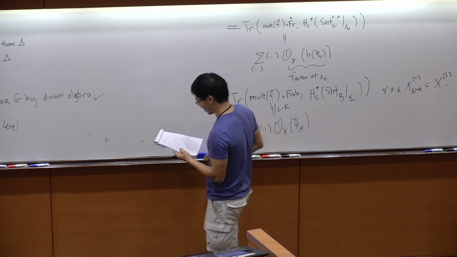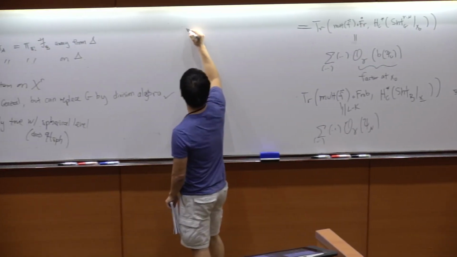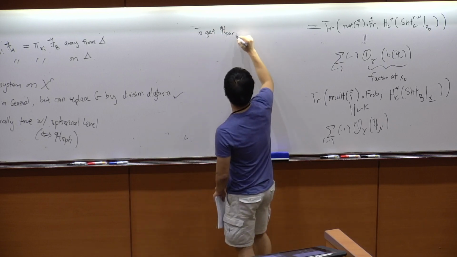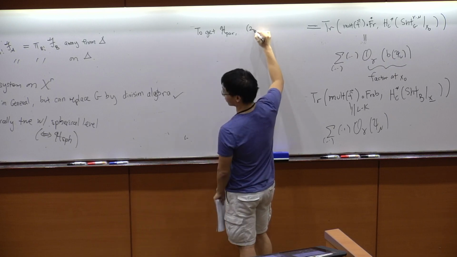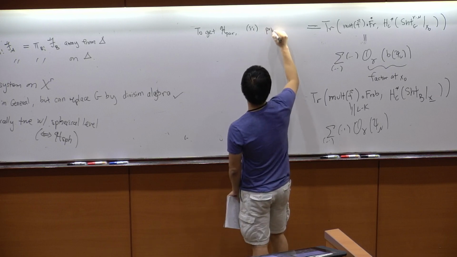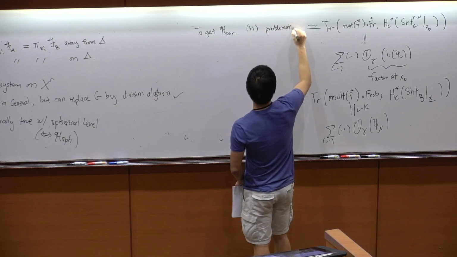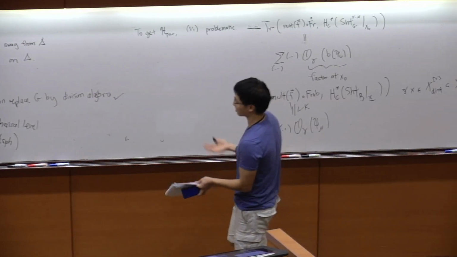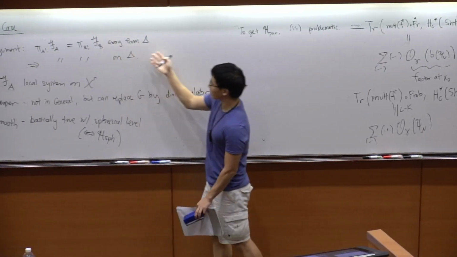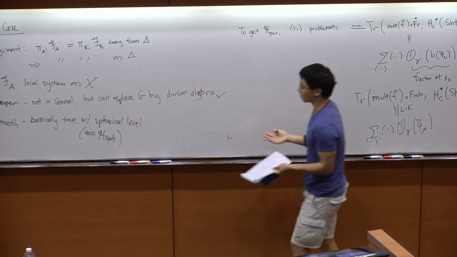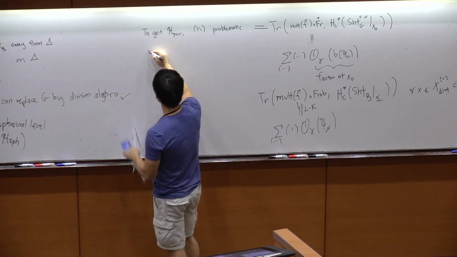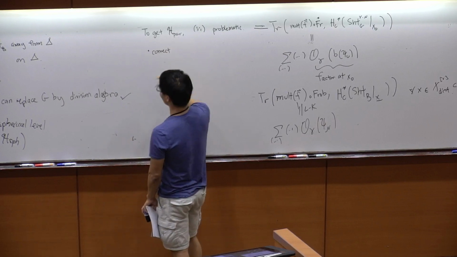Okay, so I'm almost done, but let me just say that to get parahoric, the second point is problematic. And so let me outline briefly how you should think of this problem. What this means is that these things will not be locally constant. They will kind of jump on fibers. So what you need to do is correct this by changing the sheaf.